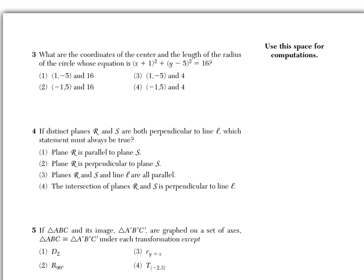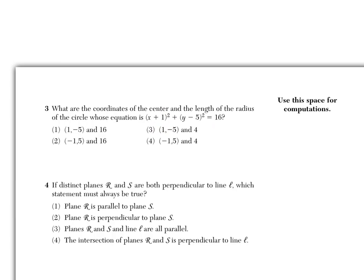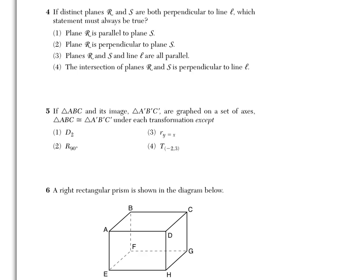Question number 3. What are the coordinates of the center and the length of the radius of a circle whose equation is the quantity x plus 1 squared plus the quantity y minus 5 squared equals 16? Question number 4. If distinct planes R and S are both perpendicular to line L, which statement must always be true? Question number 5. If triangle ABC and its image, triangle A prime B prime C prime, are graphed on a set of axes,